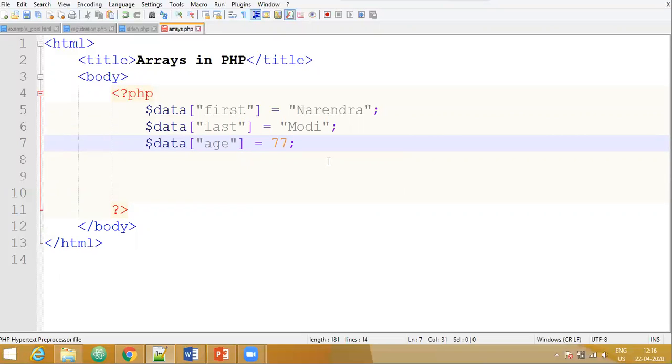So now if you see, each of these values is written separately and each of them is terminated by a semicolon.